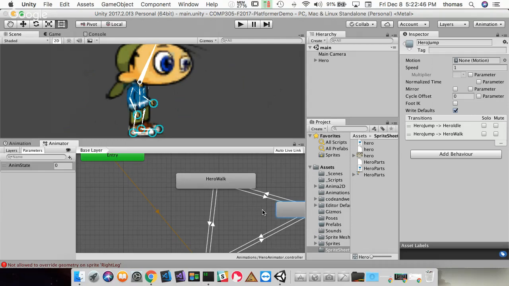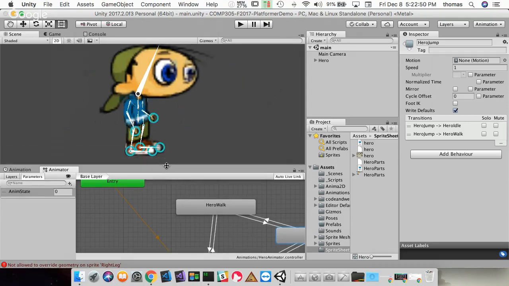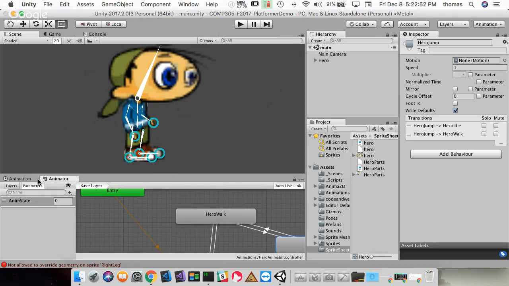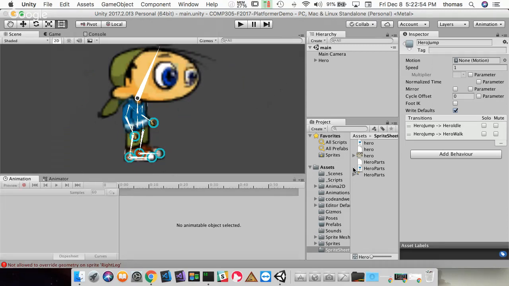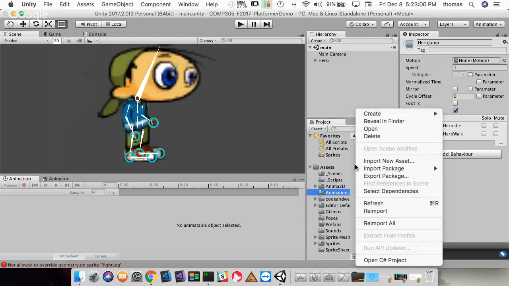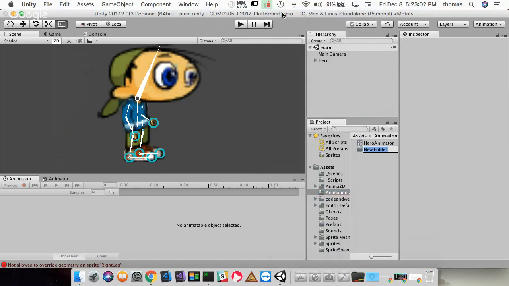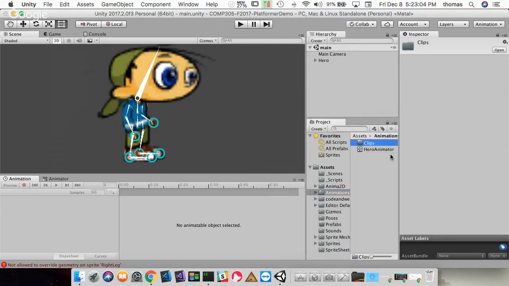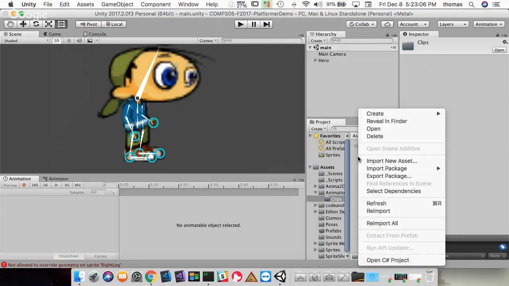And I want to create these three animations really quickly. Let's do the idle first. And the way you create animations is you go to the animation and I want to make a new clip, right? That's what I want to do. So I want to go back to animations and I want to make a new subfolder called clips. And inside my clips folder, I want to make a new